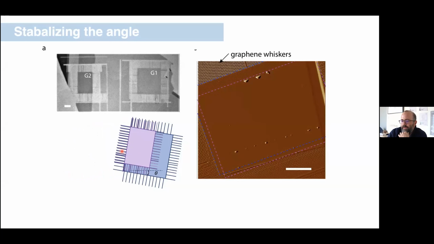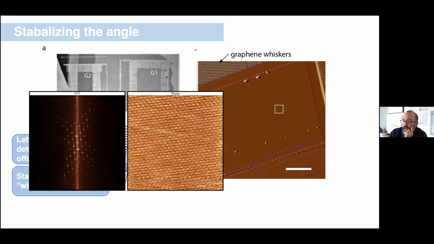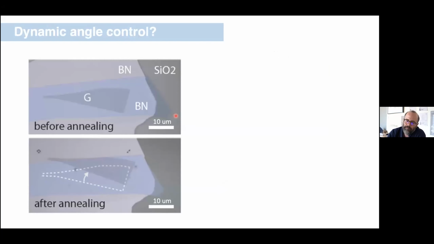So here's an example of what we can accomplish there. This is a large area device. I can't see if there's a scale bar here, but we can do this with devices that are tens of microns on a side, and they look rather pristine. And indeed, if we look using our piezo FM technique, we can see that the moiré lattice in this system looks unbelievably, by our usual standards, uniform over very big areas. So this is a good start. This is something we're trying to gain control over and see if we can leverage this to more reliably make devices at angles that we actually want them to be at.